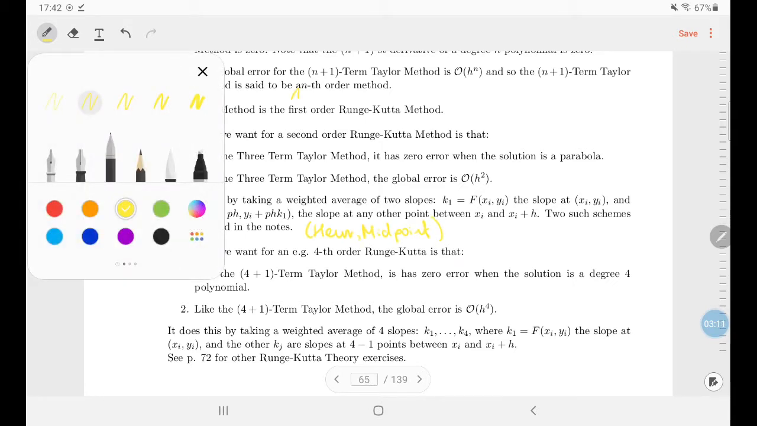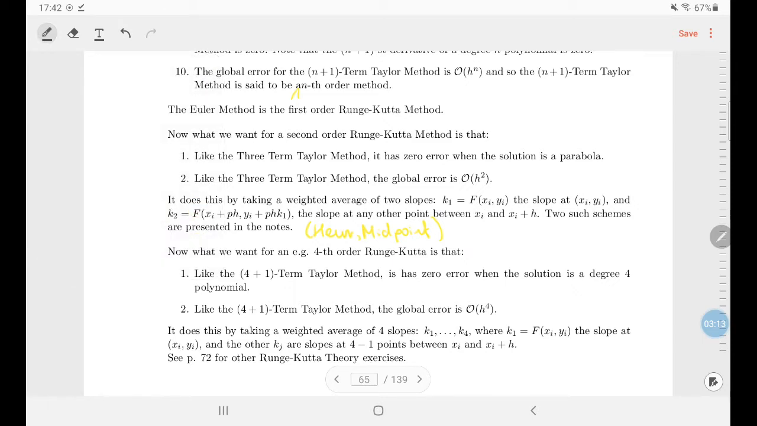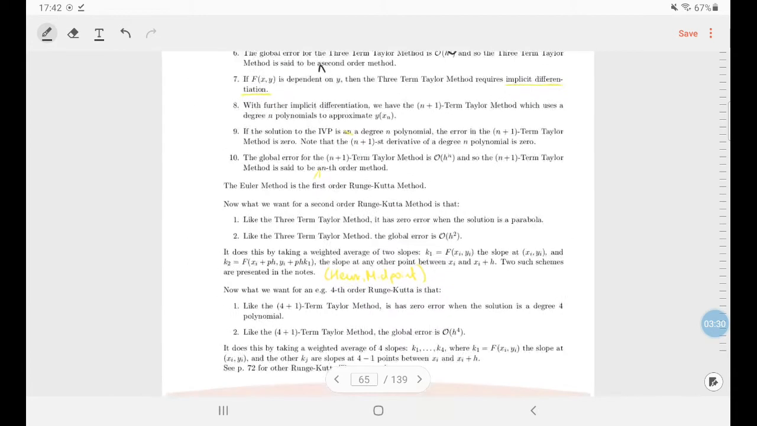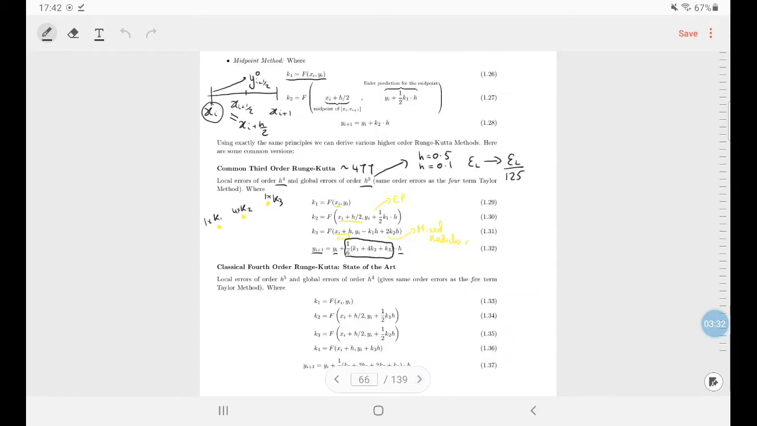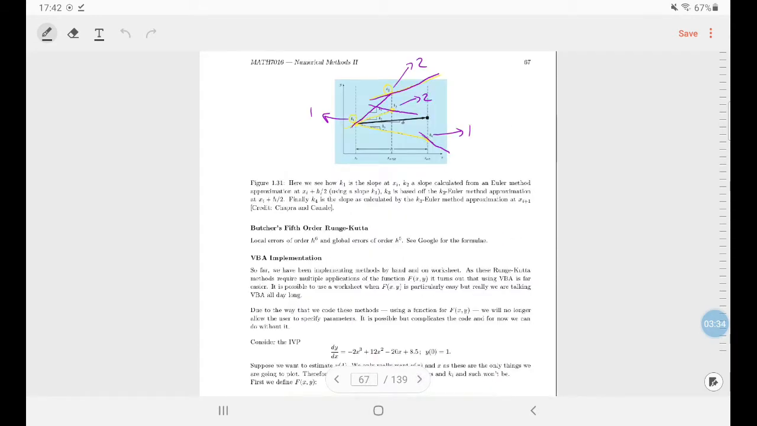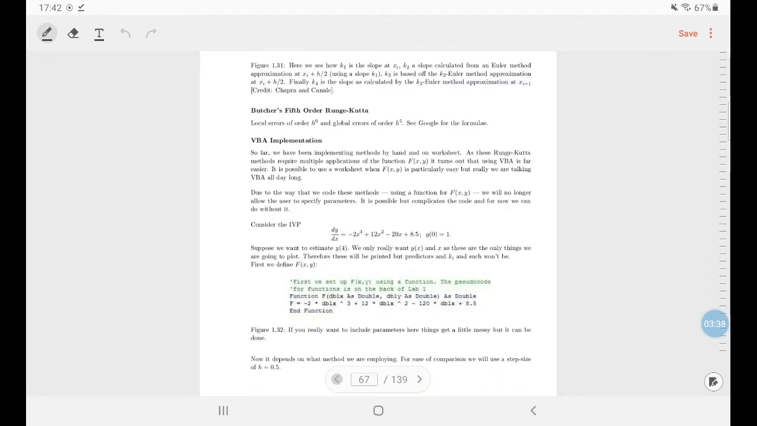And then you can generalize that for what you want for the fourth order Runge-Kutta. It has zero error when the solution is a degree 4 polynomial, and the global error is order h to the 4. The fourth order Runge-Kutta uses four slopes, etc. So that's your summary of the theory. Is there any more up here? No, there isn't. Now we're just going to discuss briefly the VBA, and actually the VBA is very easy because